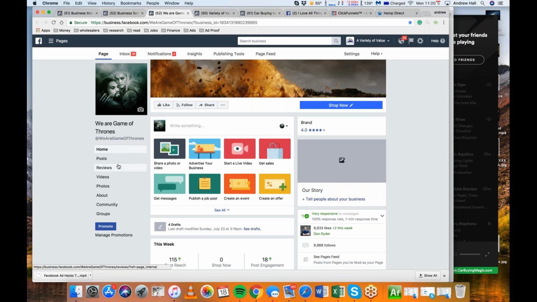Once you get to a few thousand or 10,000 messages, your percentages, even if you don't respond to one person, you're still going to be at a 99% response rate because you have so many people that you have responded to. And then you can get reviews. Like this is only four out of 4 stars. That's not ideal.